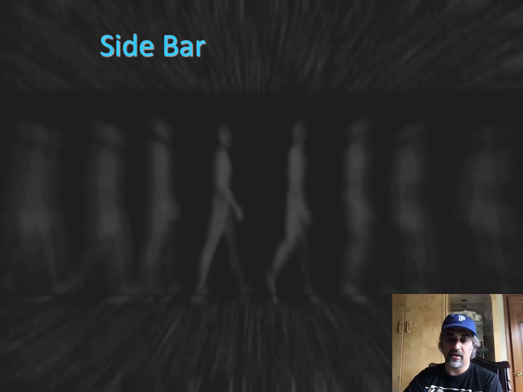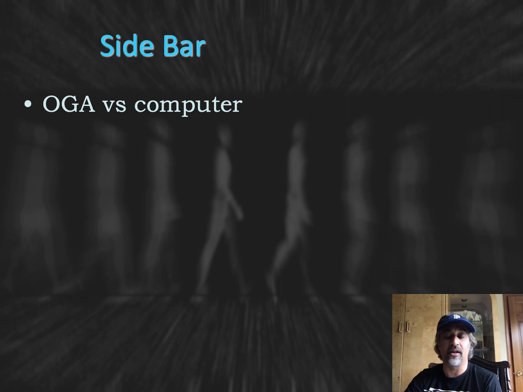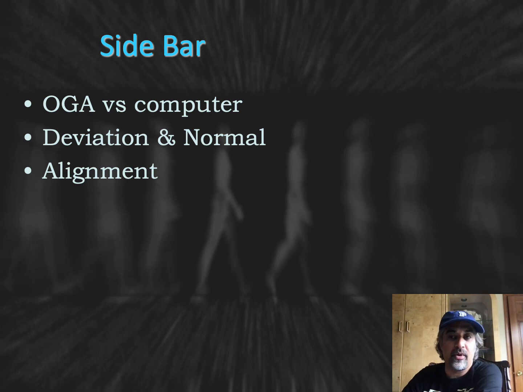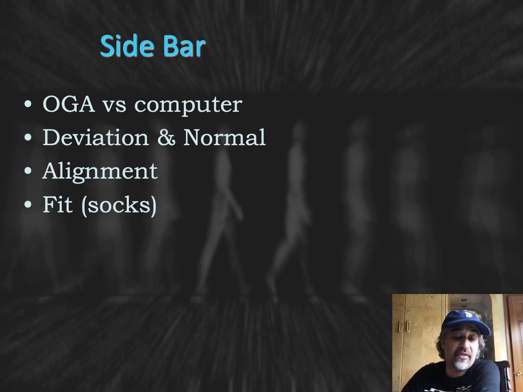So just to round it out, you can use a gait lab to examine people's gait, or you can do what's called observational gait analysis. And as soon as you start recognizing these patterns, it's not going to be hard to see them. You do want to get a sense of what the difference between a gait deviation and normal is, and all the links that I'm hopefully going to be able to put in this YouTube video should help you to identify them. When doing observational gait analysis, also check them at quiet standing, look for alignment, check on the fitting,